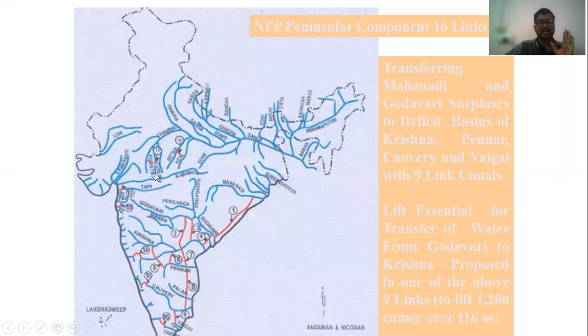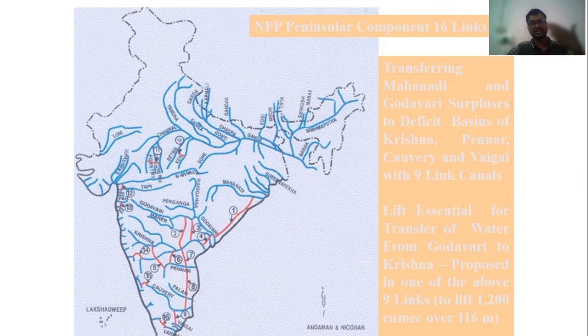Then the peninsular component, meaning nearby the coastal region. Nearby the sea level, the belt along the coast, we call it the peninsular component. So the rivers that are proposed to be connected to each other in that peninsular component are about 16 rivers. The main thing was to connect the Mahanadi and Godavari, surplus to the deficient. That is, both the Mahanadi and Godavari rivers are to be connected to each other, and through that the surplus water